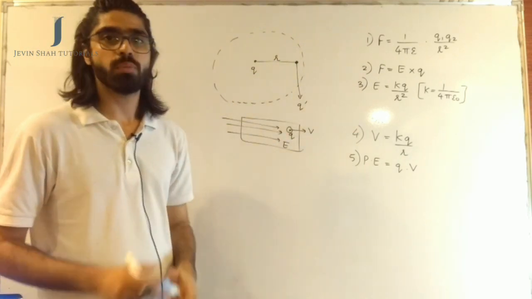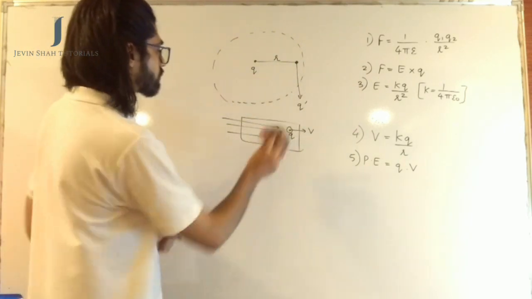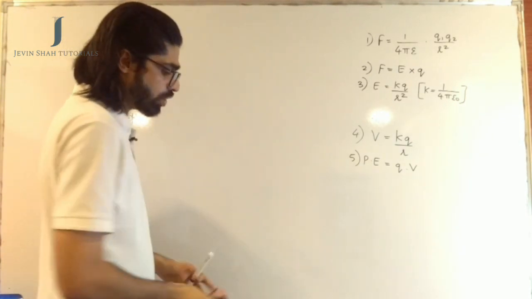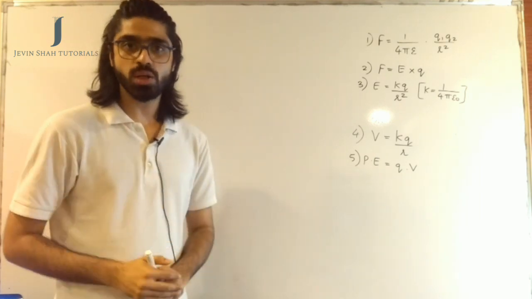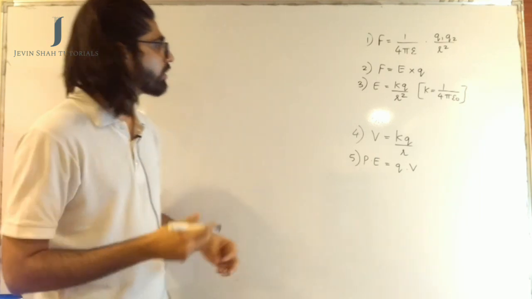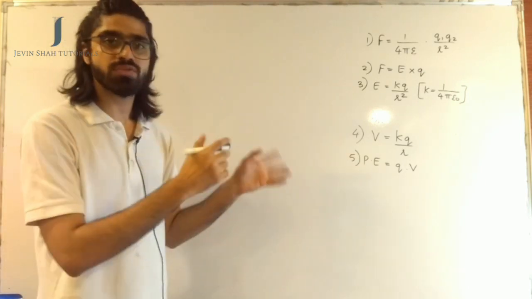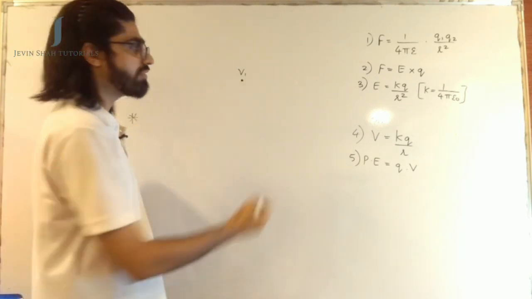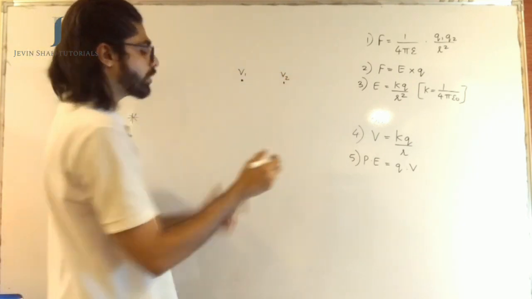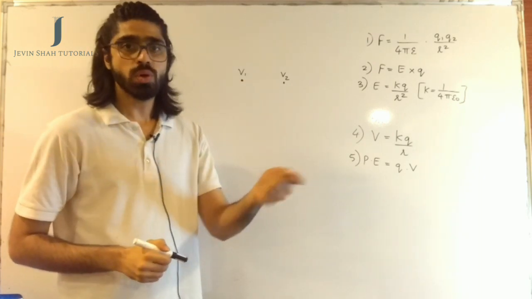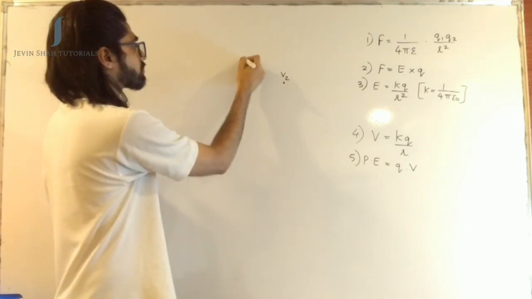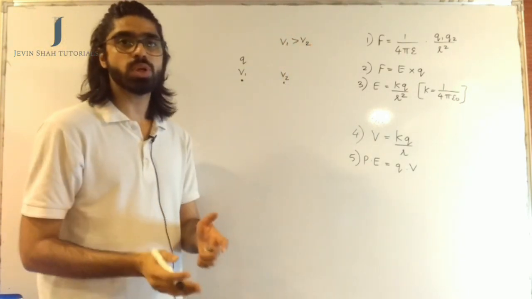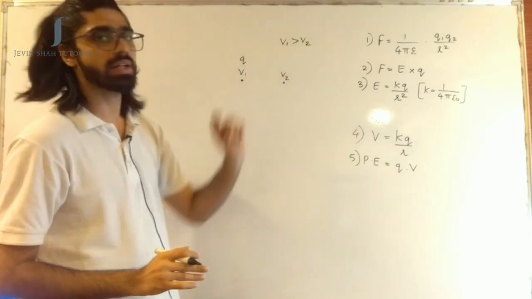Now, how can you apply the fifth formula? It goes something like this. See, you have always learned that charge prefers to flow from a point at high potential to a point at low potential. Why does that happen? Okay, not why does that happen, but let's just apply this potential energy formula to that thing. Say for example, I have a point here which is at a potential V1 and I have a point here which is at a potential V2. I have a charge q which I am placing at the point V1. Let us say V1 is at a higher potential than V2, that is the value of V1 is greater than V2.